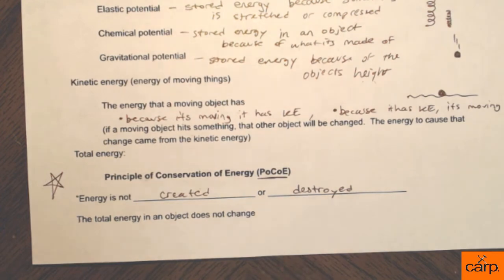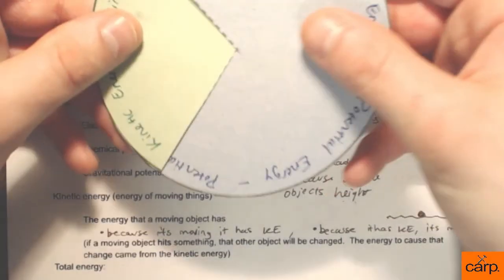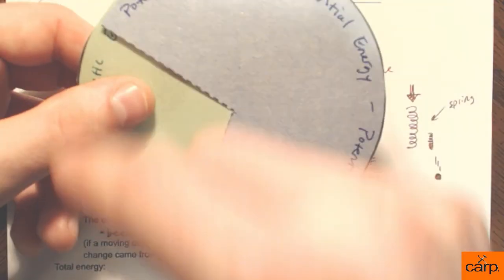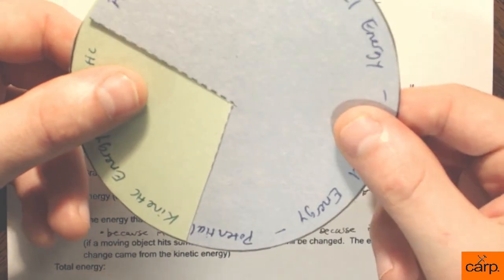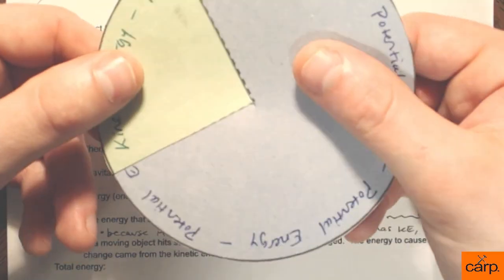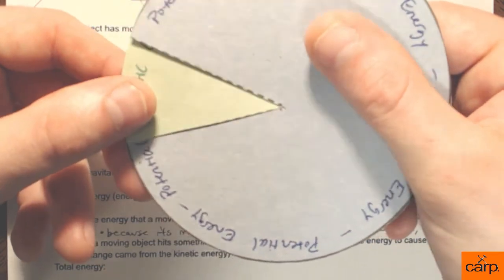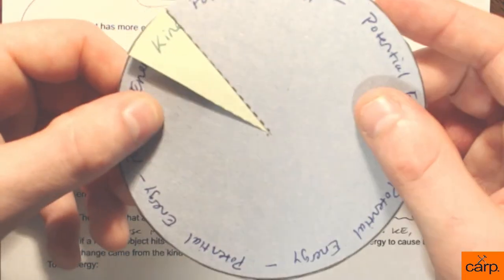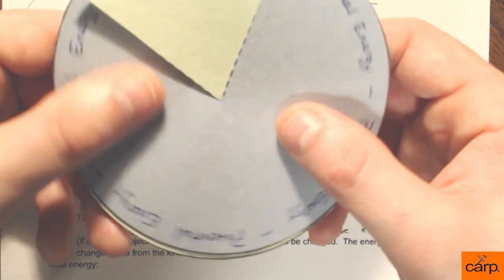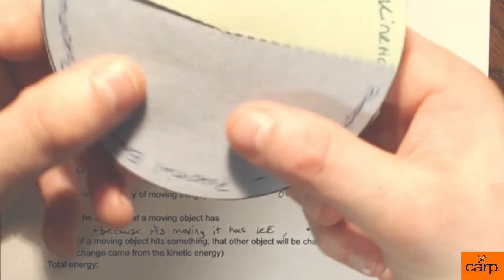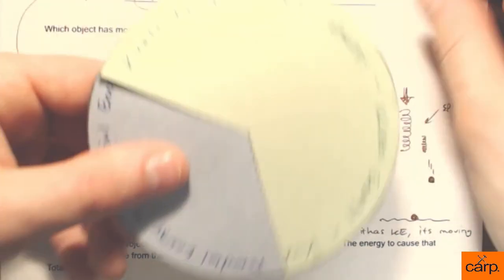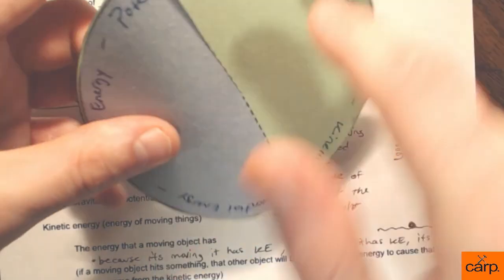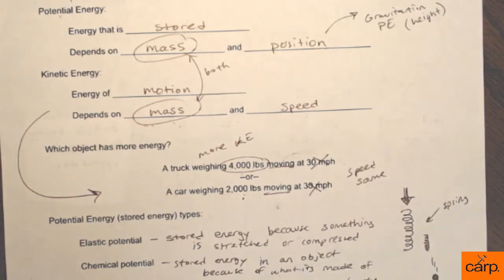To help us think of this, we can think of a pie chart. So here's my little pie chart I have. And the whole pie chart, all 100% of this is the total energy. What's cool about a pie chart, though, is if you take some from one part, it goes to the other part. You're not just cutting out this piece and there's a blank spot, right? So as I turn this, let's say if we get rid of some of the potential energy, well, that just means it's going to be turning into kinetic energy, or it's going to be changing. All right. So the total energy is not changing, just the different pieces of the total energy. So let's see what that actually looks like on the back.